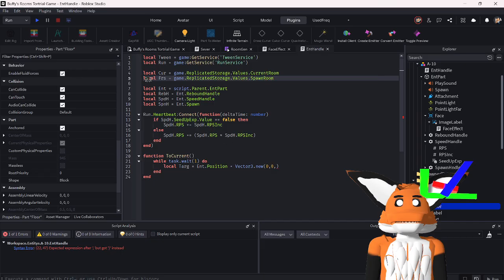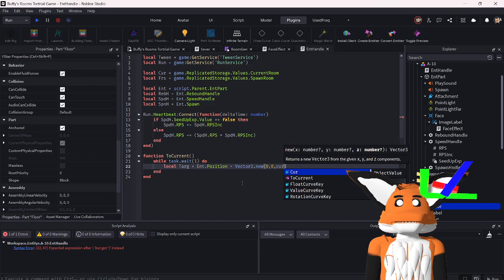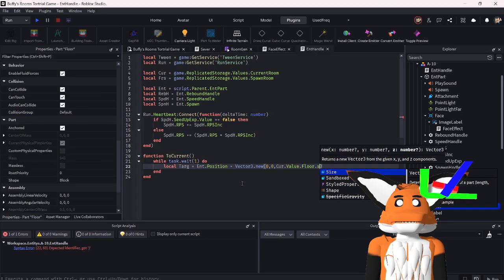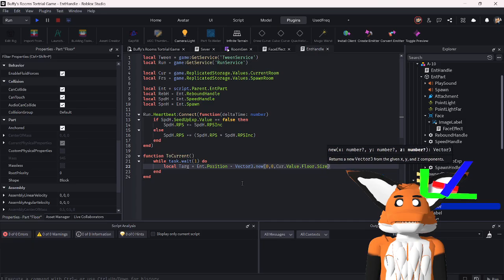Spawn room. Anyways, cur.floor value.floor.size.z, and then